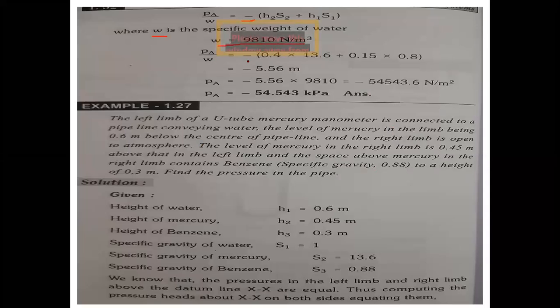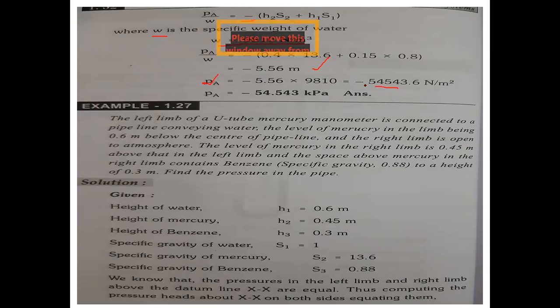Now PA by W is equal to minus of 0.4 into 13.6 plus 0.15 into 0.8. That is equal to minus 5.56 meters. Now if we multiply this by W, the PA value is equal to minus 54543.6 kilopascals. And if we divide by 1000 we get 54, otherwise we can keep it like this and leave it. That is the answer in the